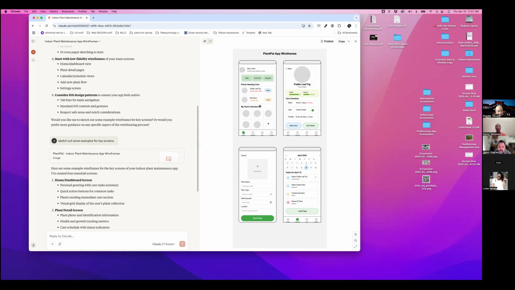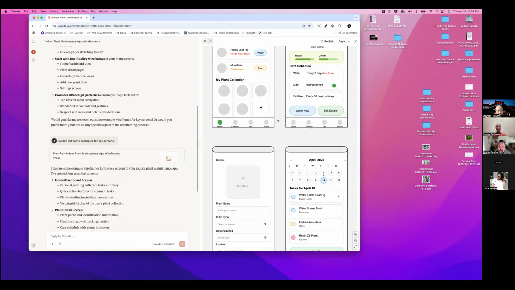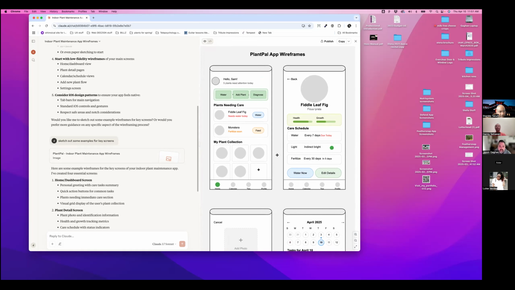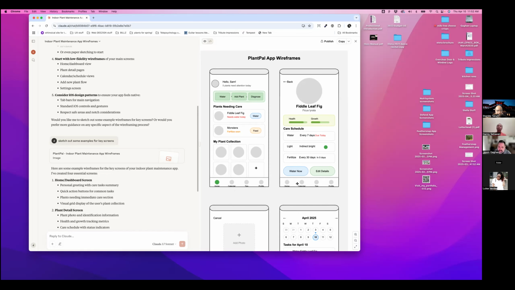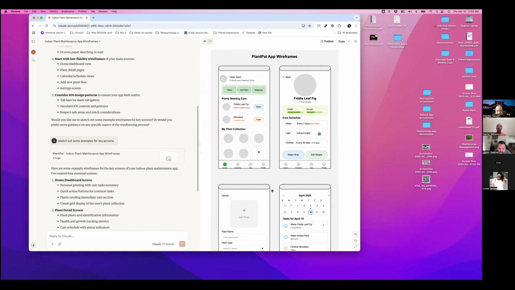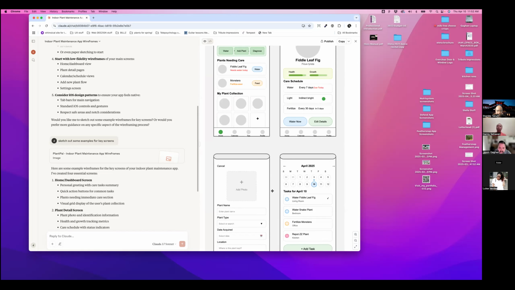Okay. Wow. Now let's look at the wireframes that it gave us. Can you review them and let us know what you're thinking? Just narrate your thought process. So, literally just from giving it very minimal direction, it seems to be pretty complete as far as just a general idea with minimal input. I didn't ask for a care schedule, I didn't ask for buttons, I didn't ask for a calendar, but the AI